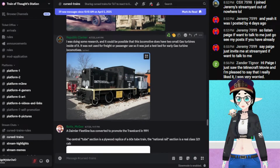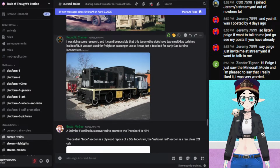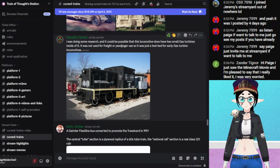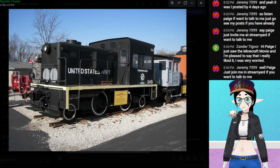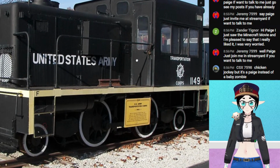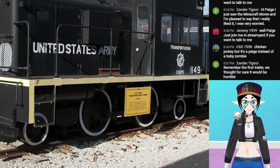Let's see, Republic Clanker. It was doing some research, and it could be possible that this locomotive does have 2 small gas turbines inside of it. It was not used for freight or passenger use, so it was just a test bed or early gas turbine loco. But yeah, this looks kind of strange, but I like it. I like it. It does look like the inspiration for a...